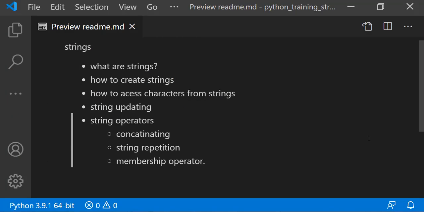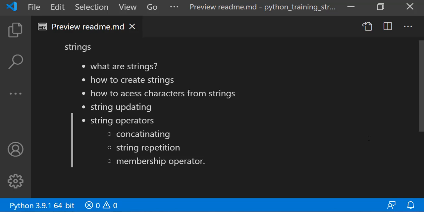To summarize today's session, we have discussed strings. Strings are nothing but a sequence of characters. Next we saw how to create strings. Strings can be created using single quotes or double quotes, and we can use triple quotes for multi-line strings. Next we saw how to access characters from a string. To access characters, we used the index method and we also used the range method to access multiple characters from a string.